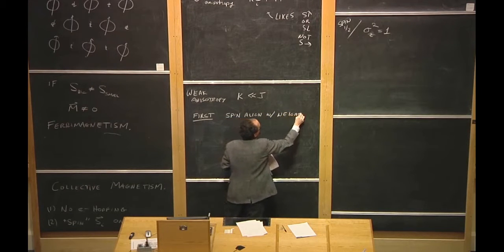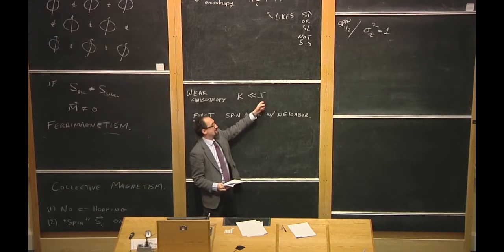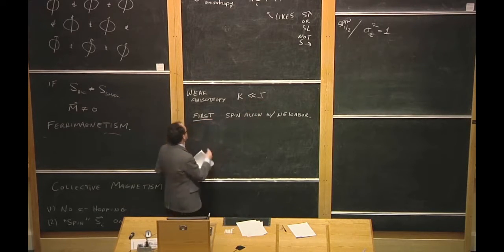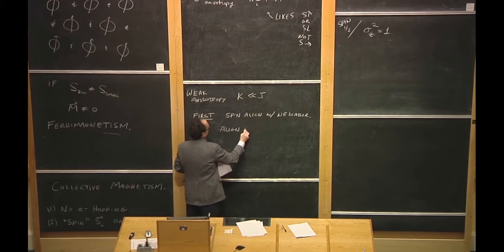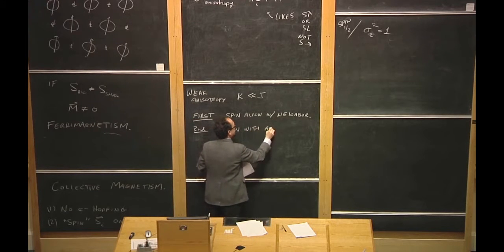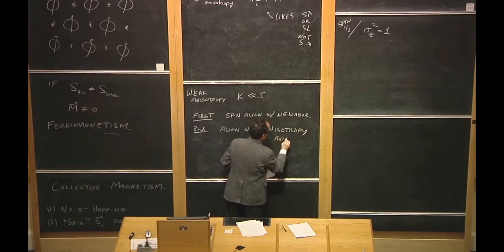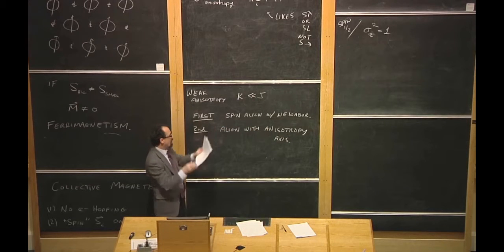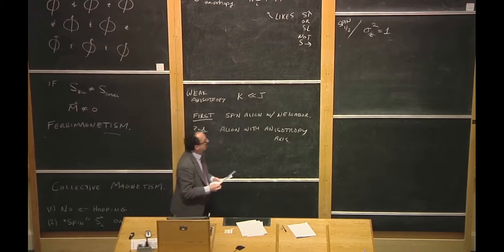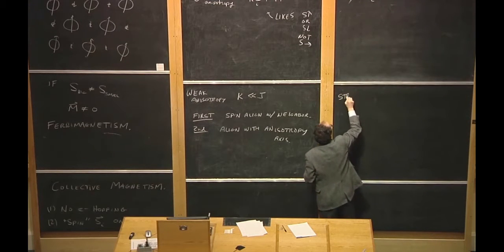And why I say that first, I mean it's most important to align with your neighbors because J is the big energy scale in the system. Once you've aligned with your neighbors, second, you align with the anisotropy axis. So first, you align with your neighbors, and then everyone decides that they're better off if they all align with the anisotropy axis. Now, if you compare that to the case over here, strong anisotropy,